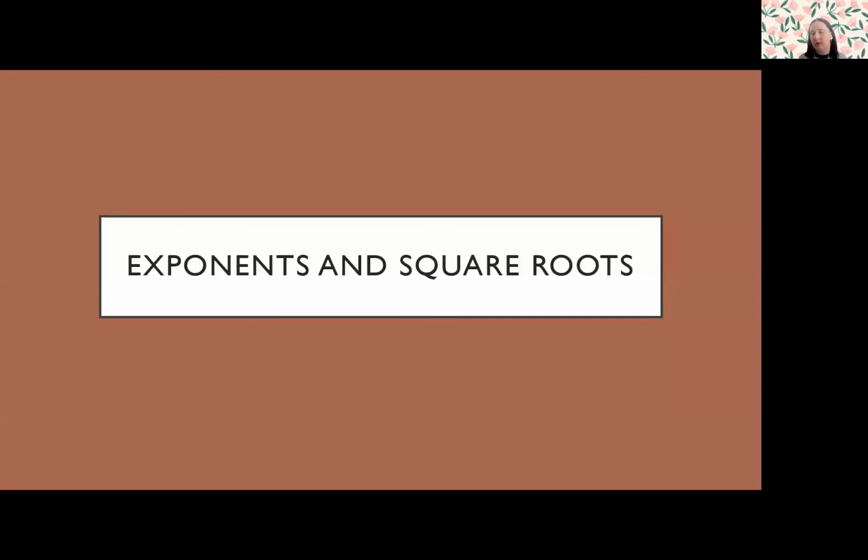Okay, so today I am covering exponents and square roots. I'm putting them together because they are related. They're basically one undoing the other. And this is where a lot of people tend to make errors with their math. So it's an important thing to make sure you get clear, especially because later in the term, we're going to